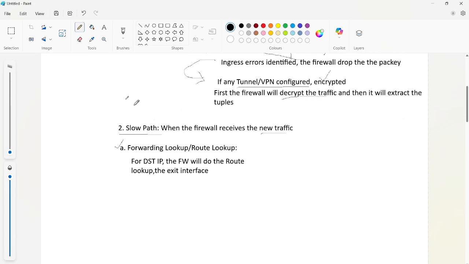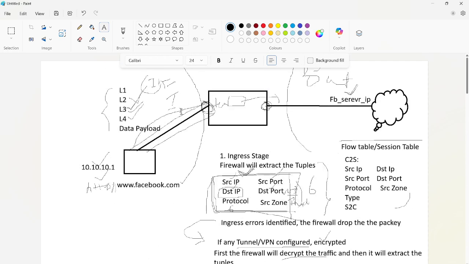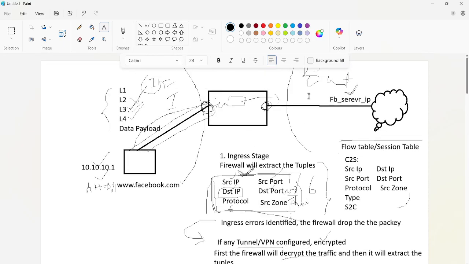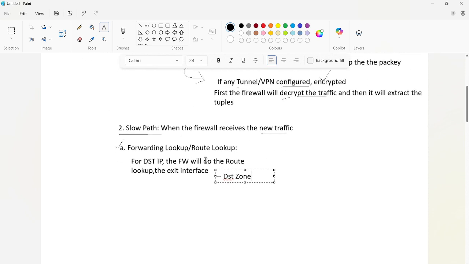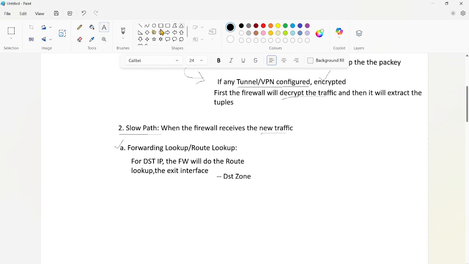We already extracted the source zone in the ingress stage, and in the slow path the firewall extracts the destination zone from the exit interface. So from the route table it finds the route to the destination and the exit interface, and from the exit interface it extracts the destination zone. Now we have 6 tuples plus 1 tuple, so now we have 7 tuples.